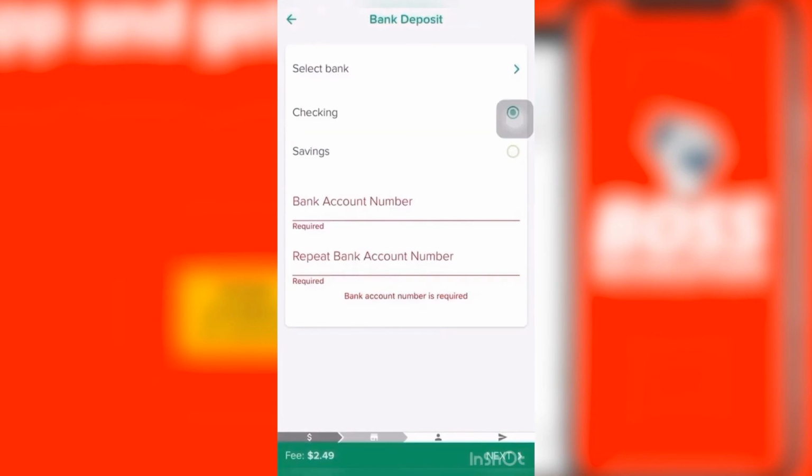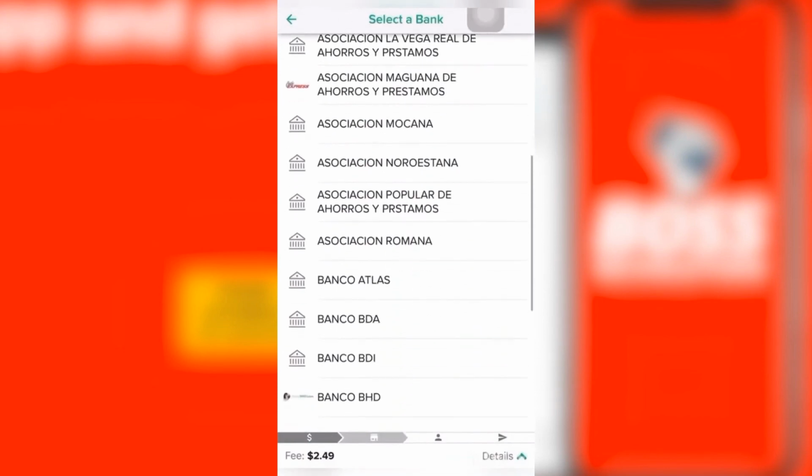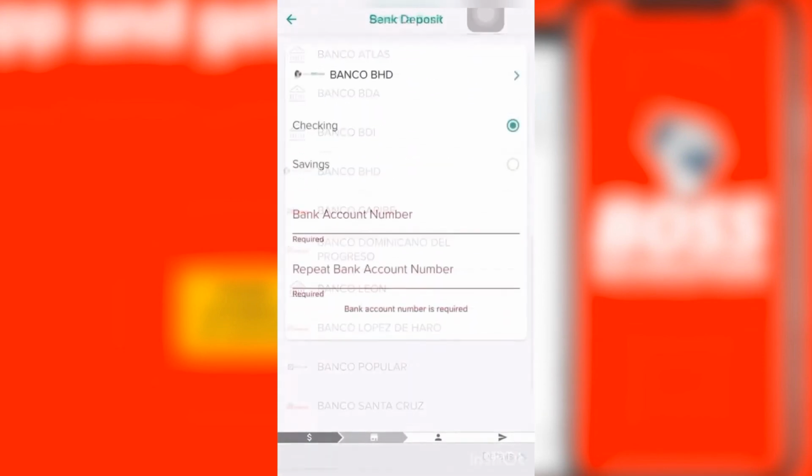In this window, the first thing we have to select is the bank where the account is available to the person who will receive our money. We click here to open the list. All these banks are available. Obviously this list will change depending on the country where you will send the money and according to the banks available in that country. We select the bank, and now we have to select the type of account that the